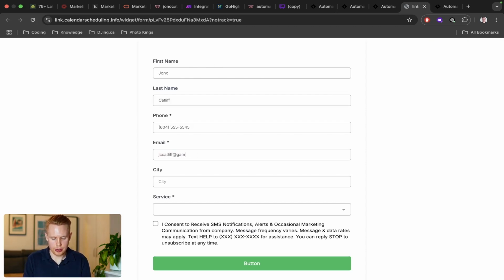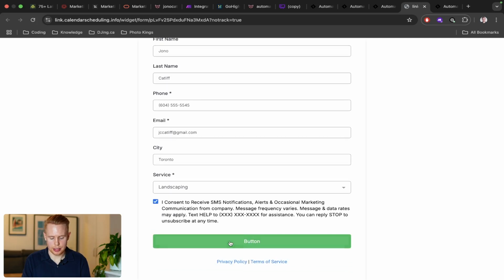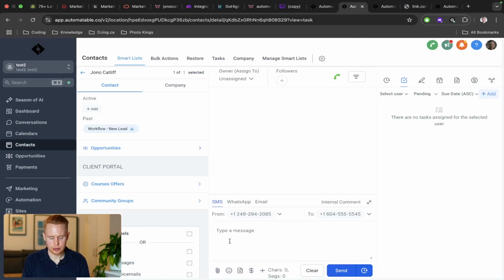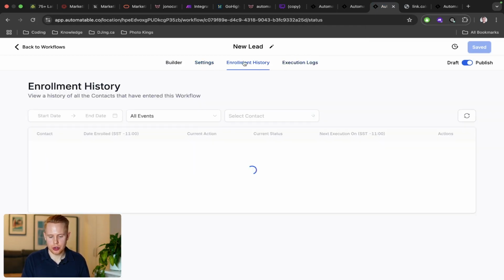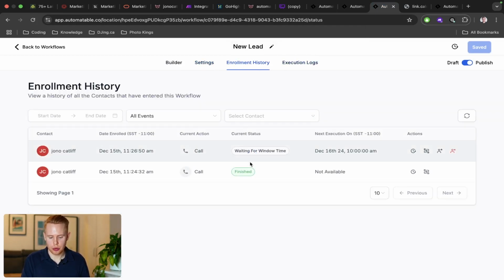Oops, you can see here I misspelled the email, which is important. And we're going to choose landscaping and submit. Okay. Now let's go back into this client here, and let's see if we have successfully enrolled him. So I'm going to go into that workflow, enrollment history, and it's going to say waiting for